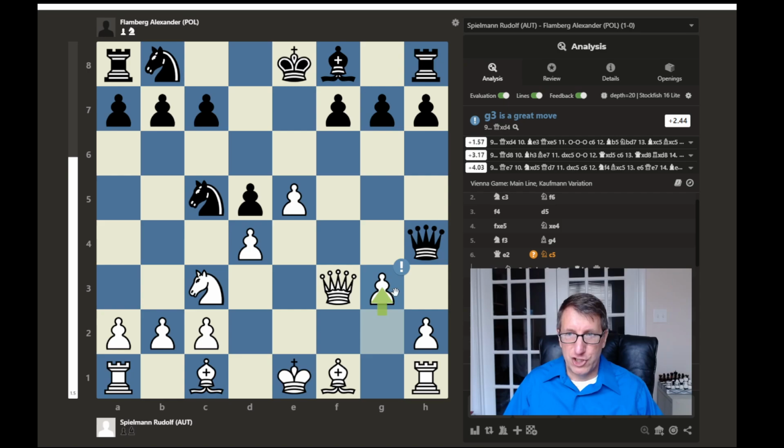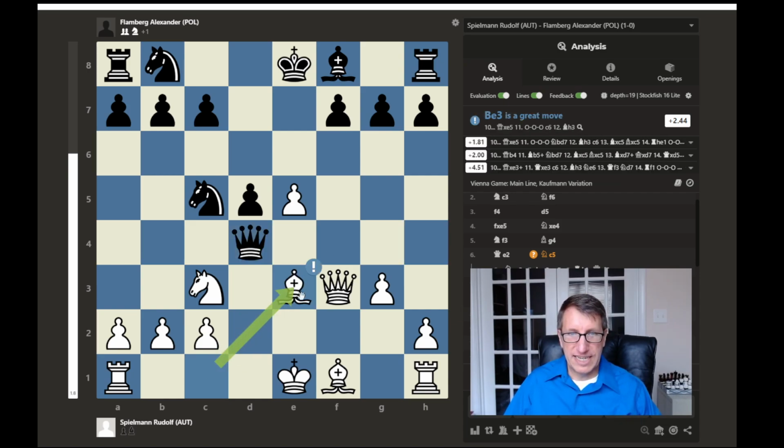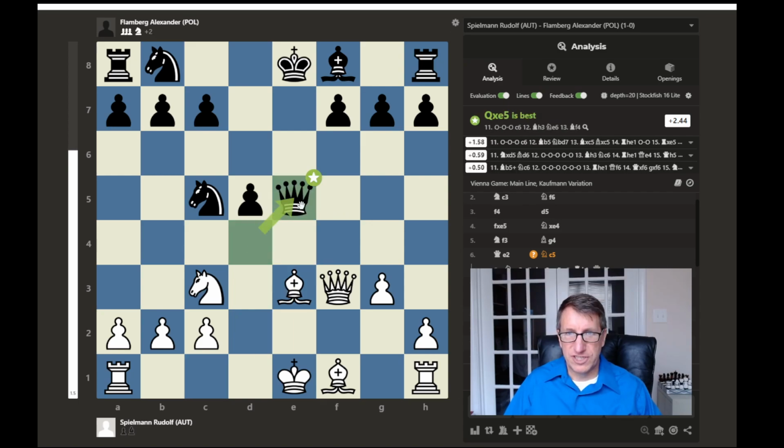So here we have g3, chasing the queen away. The queen captures this pawn, which was attacking the knight, and that's the best move in the position. But if we look already, white is ahead here. And now we have bishop to e3, attacking the queen. So the queen captures another pawn here, which is best. And now we have, instead of just going after this knight here,